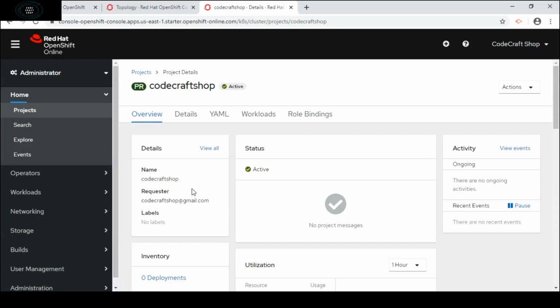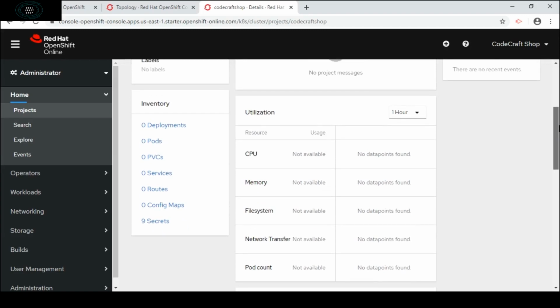It lands me on the overview page of this project. Here we can see the name of the project is Codecraft Shop, and the requester is the credential I have logged in with, which is my email ID. The status of the project is active. Here we will see the different components that have been created.